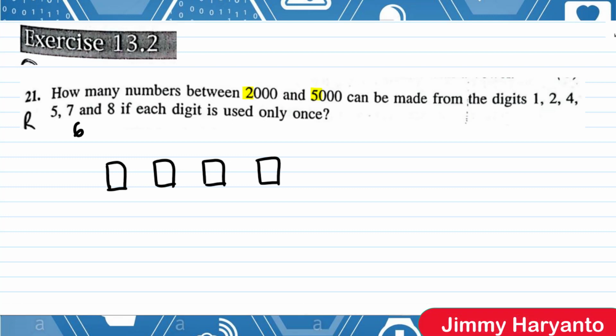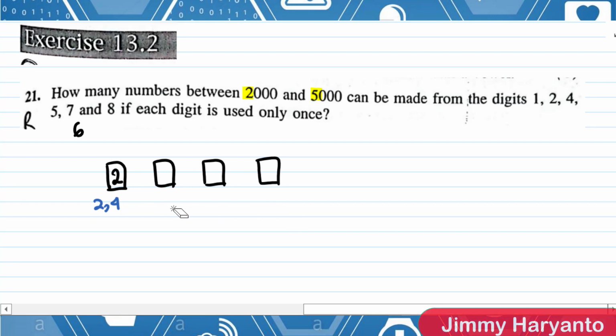That means we can fill the first digit with number 2 maybe, and then 4, but cannot 5, yeah. Cannot 5, because when we fill 5 for the first digit, it's already more than 5000, ya. So let's say 5100. Itu udah lebih dari 5000, udah nggak boleh angka 5. Jadi cuma bisa 2 sama 4, ya. There are only 2 possibilities, and this one is no restriction.